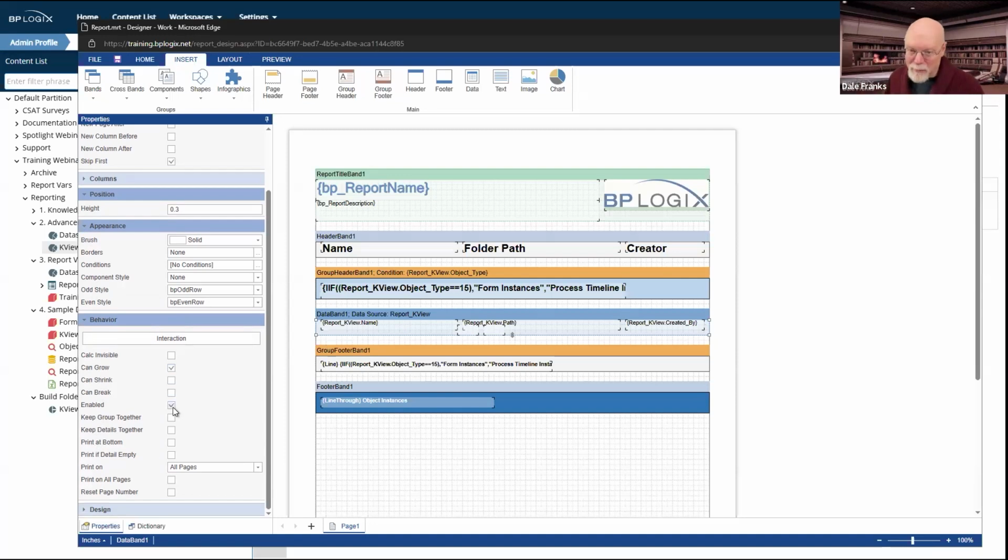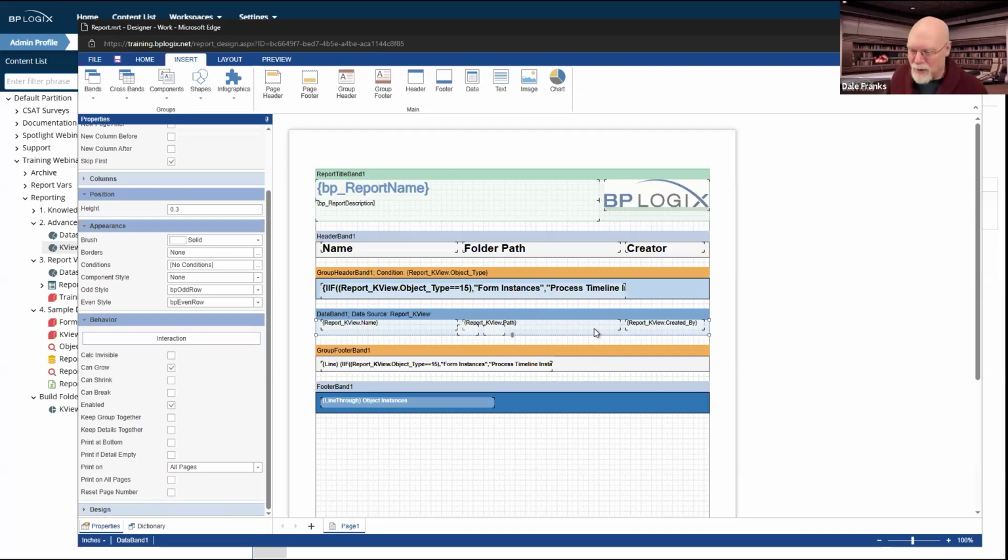If it's not enabled, you won't see it. And the can grow is important in that we're going to have 1,000 rows of data. So obviously, the height of this particular band is going to be way different. It's going to have 1,000 rows in each section.